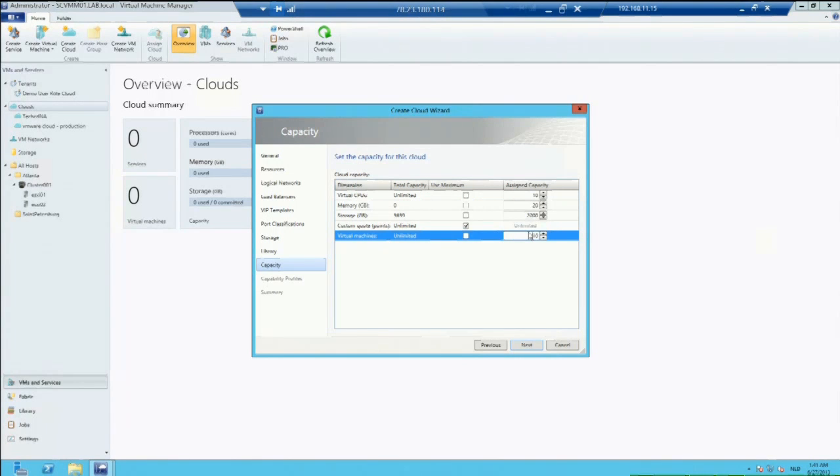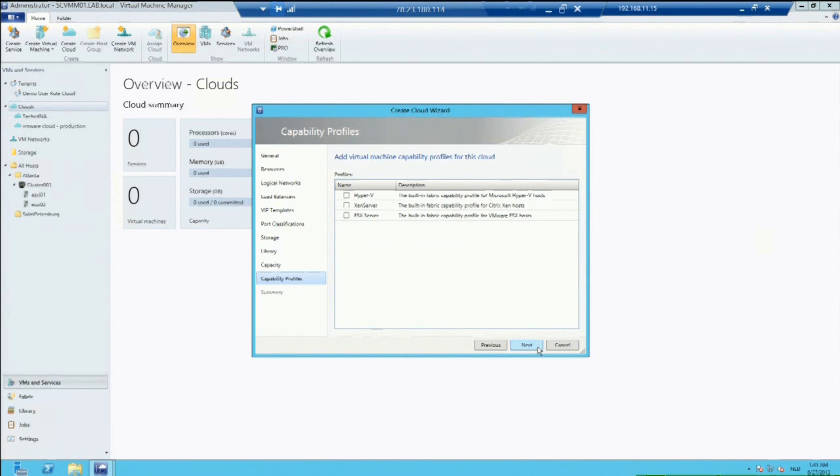He just sees, or she just sees, how much do I still have left? What can I use to deploy something? And then we just go next. Here you can choose what kind of